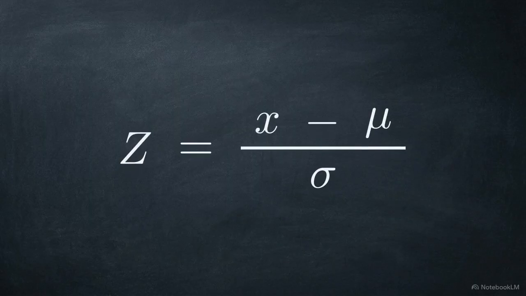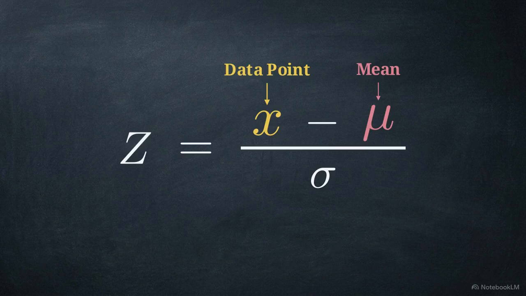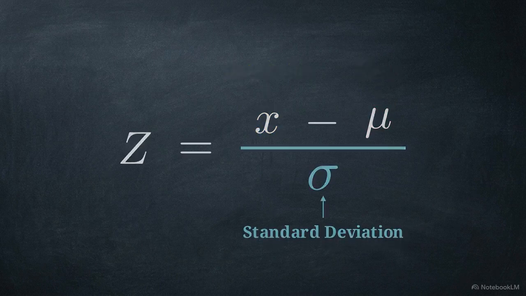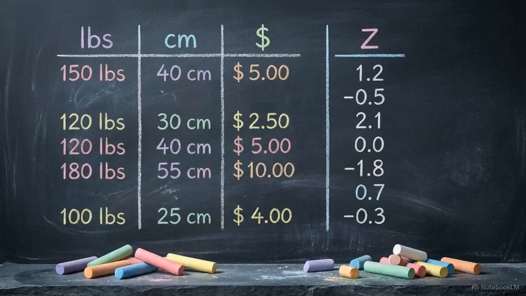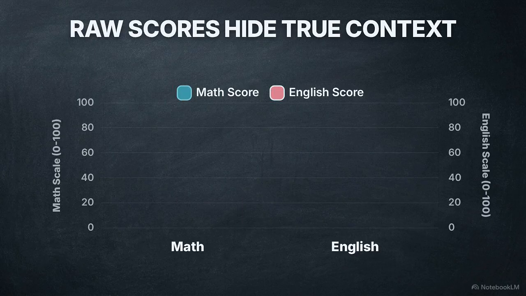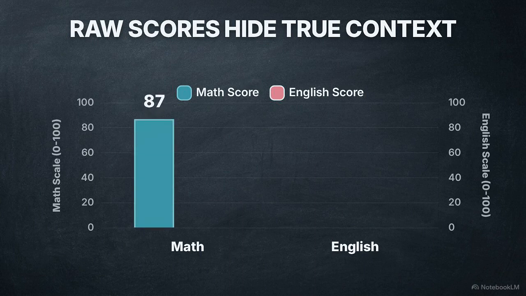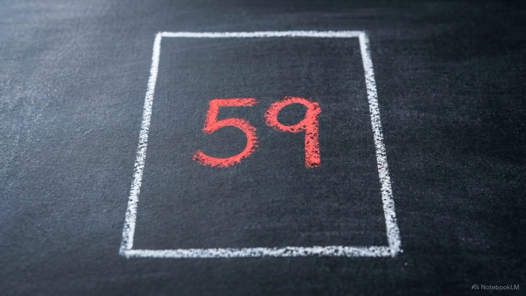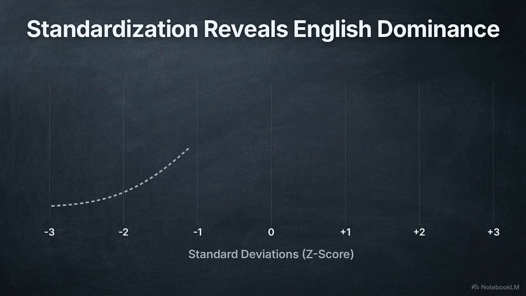To find the z-score, we subtract the mean from a specific data point and divide that value by the standard deviation. This unique mathematical calculation standardizes all of our variables. It allows a model to compare disparate units, like annual salary and years of experience, on a shared scale. Consider 2 students, one with an 87 in math and another with a 59 in English. The raw scores alone do not indicate which student performed better relative to their peers. Without knowing the average score and difficulty of each test, absolute numbers lack context. By calculating the z-scores, we see their performance relative to their respective classes.